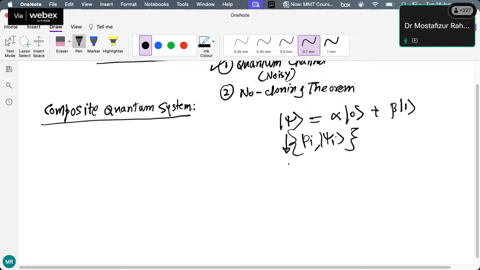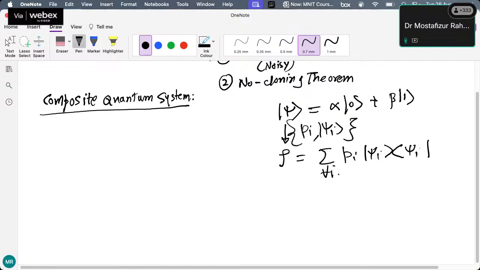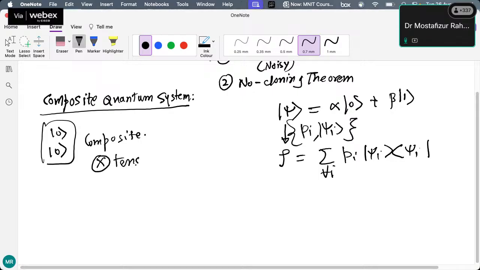And then we defined something called a density matrix as the sum of p_i ket psi_i outer product with bra psi_i, yesterday, for many such ensembles, for all i, right? So today we'll see if there are multiple quantum systems. You have taken two qubits, for example, ket 0 and ket 0, two particular quantum systems, and together this forms a composite quantum system, and they are described by a mathematical operator called a tensor product.